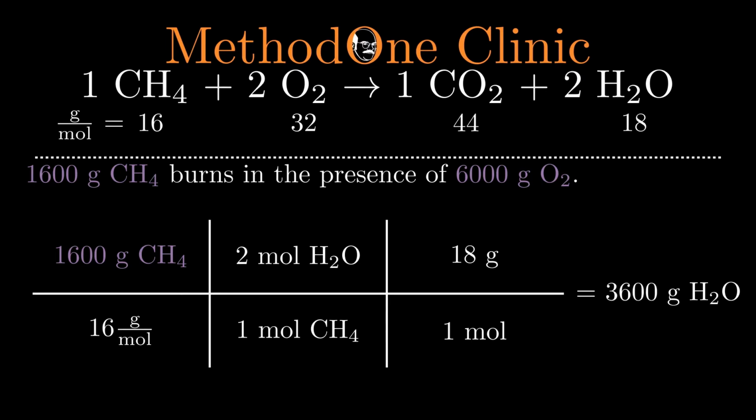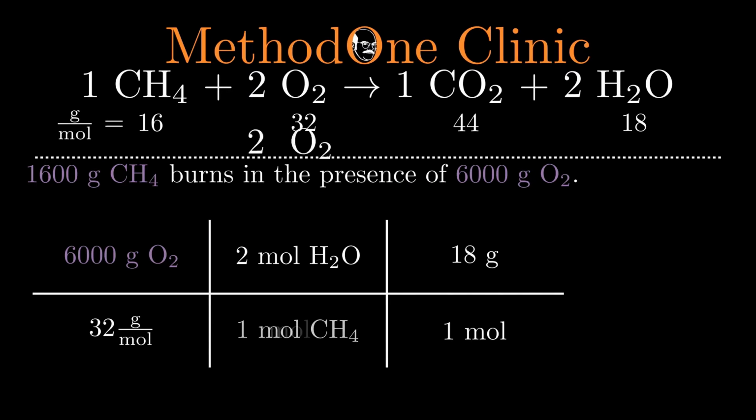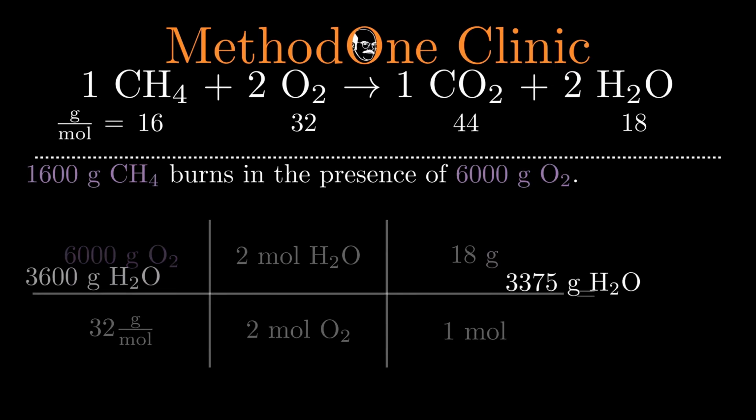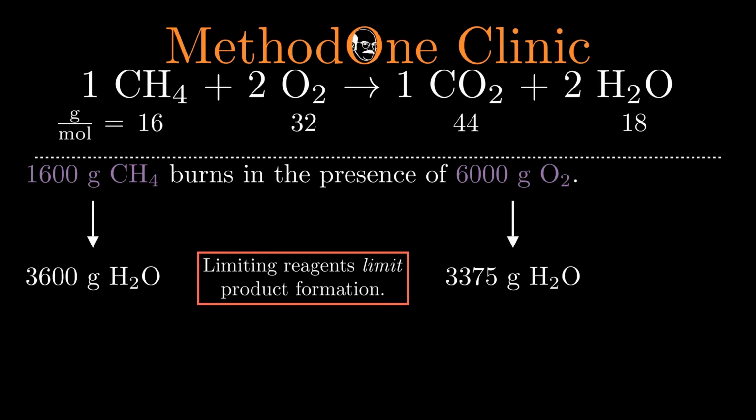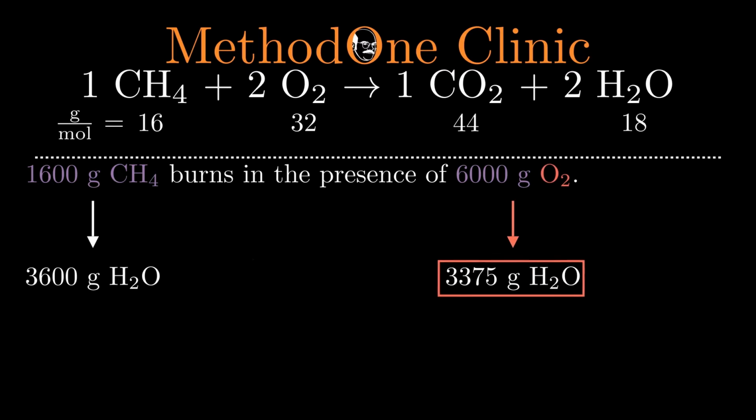Now we will do that again, but we must replace methane's given mass, molar mass, and coefficient from the equation with that of oxygen. The calculation is easy enough and comes out to 3,375 grams of water. With the stoichiometry done, we must now interpret what the two answers mean. According to the calculations, 1,600 grams of methane is capable of producing 3,600 grams of water, and 6,000 grams of oxygen only makes 3,375 grams. According to the earlier description, oxygen must be the limiting reagent because it produces less water, which means methane is